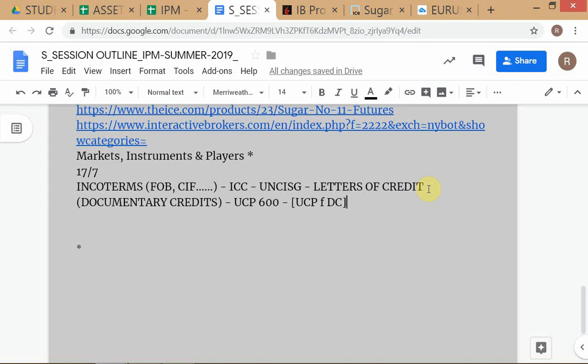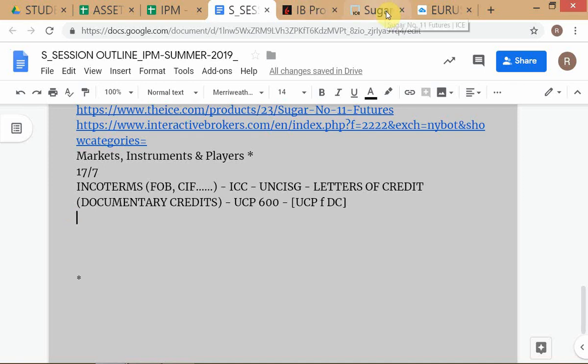So this is where you have the entire body of knowledge. You pick up all this knowledge, okay. So you should learn Incoterms, UCP, and get some idea of the UNCISG. You don't have to go into the legal aspects of the sale of goods and all that, but at least you should know that this thing exists, okay. And maybe as homework you can check whether India has ratified this treaty or not, okay. So essentially the parliament has to ratify this treaty, okay. So you can check whether we have signed up officially for this, all right.